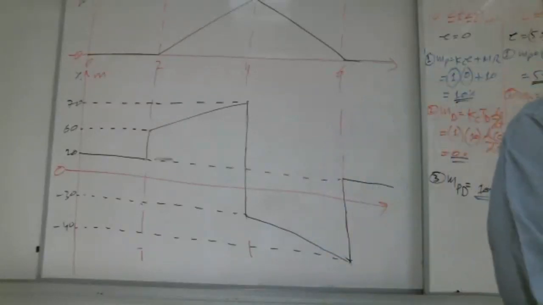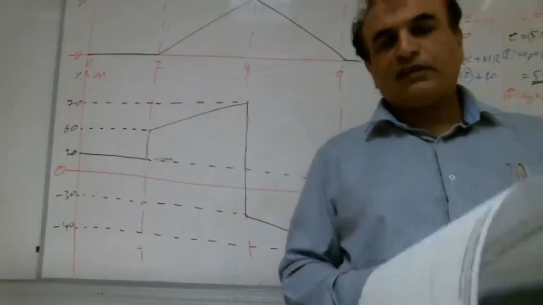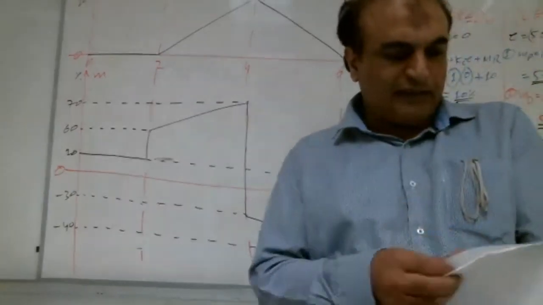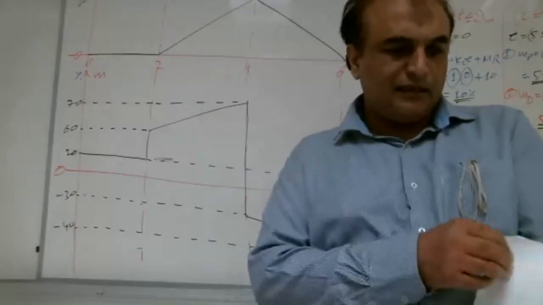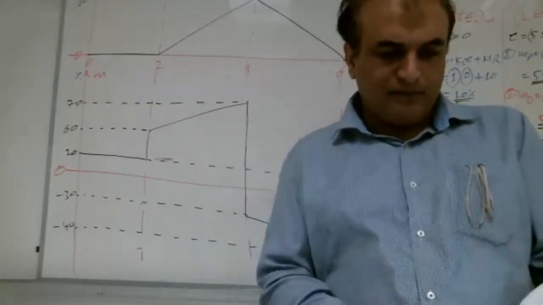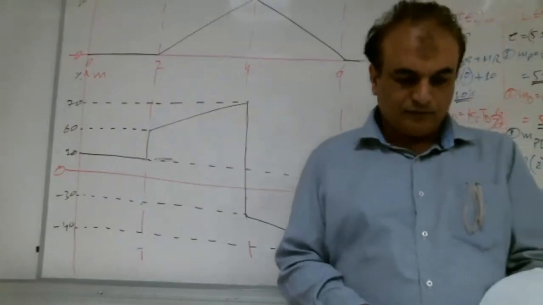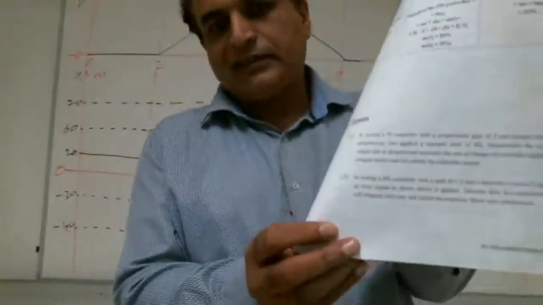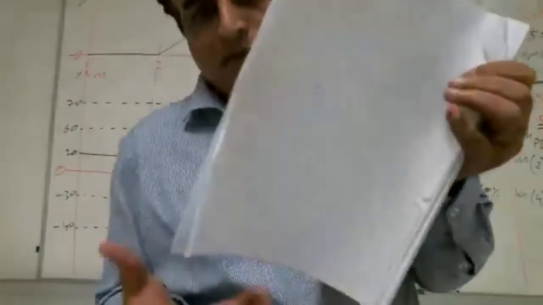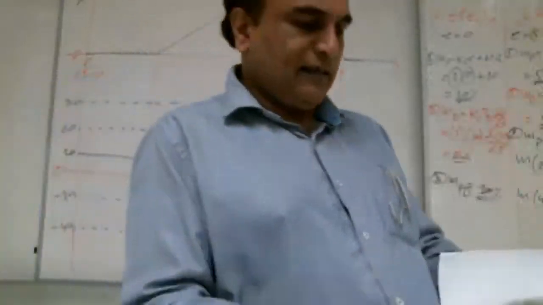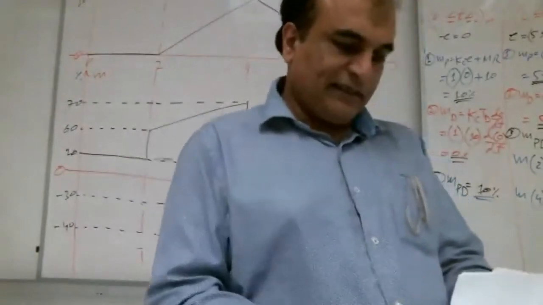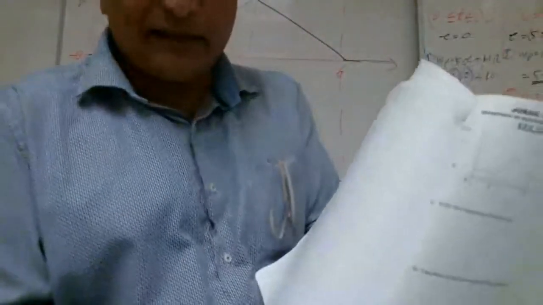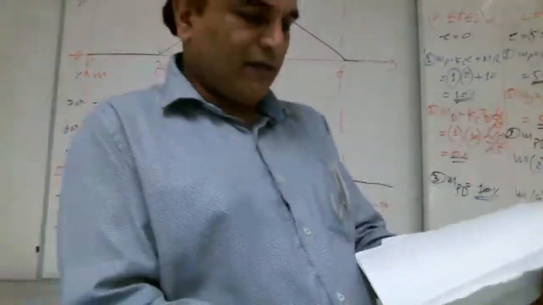And one thing more, Shabab. Before we go to system stability, our homework number 3 is starting from which page, Shabab? Page 30. This is page 30, Shabab. This is where our homework 3 problems start. See here, problems, page 30, and it is up to page 33. See, this is page 33. So these are our homework problems.